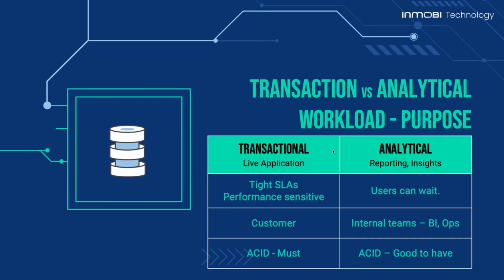In terms of purpose, a transactional database, which you generally use for a live application, has tight SLAs, and it's generally customers who are interacting with those databases. It is required that whatever you commit gets stored in a non-volatile format, and all the atomicity, consistency and ACID properties are meant to be there. So generally in the transactional world, these are the requirements, while in the analytical world, the SLAs